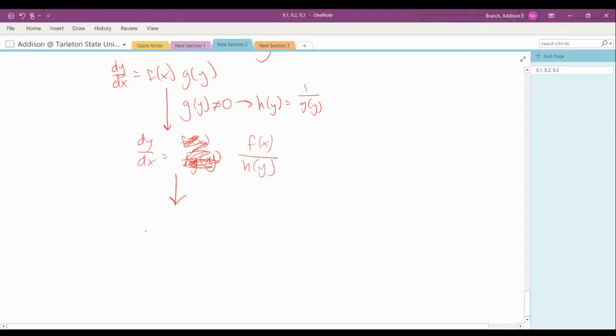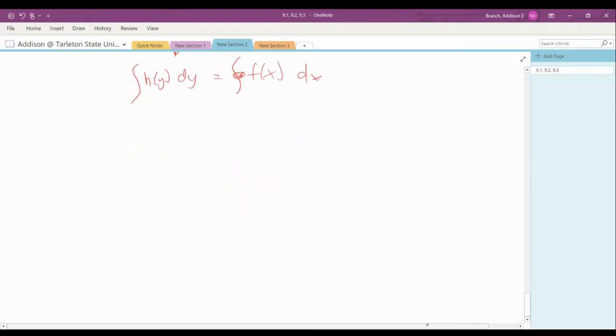We can now say that h of y dy is equal to f of x dx. And therefore, we can integrate both sides and they would be equal to each other. So that's the basic setup for a separable